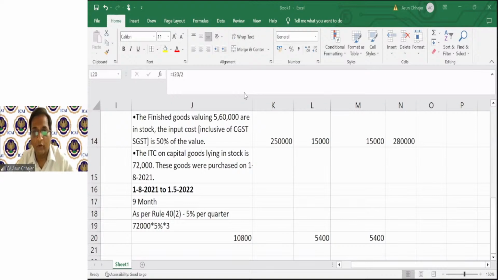Is it clear till now? I'm just doing the calculation. I'm also not sure what is the right answer and what is the wrong answer. I'm just doing the calculation for the benefit of all. So मैं भी आप ही की तरह calculation कर रहा हूं. So what I can say,